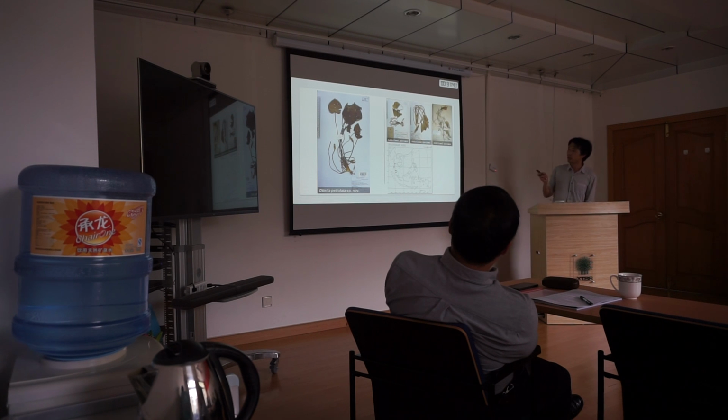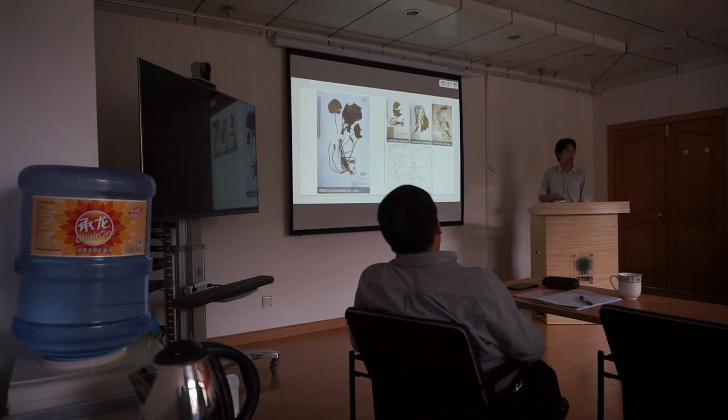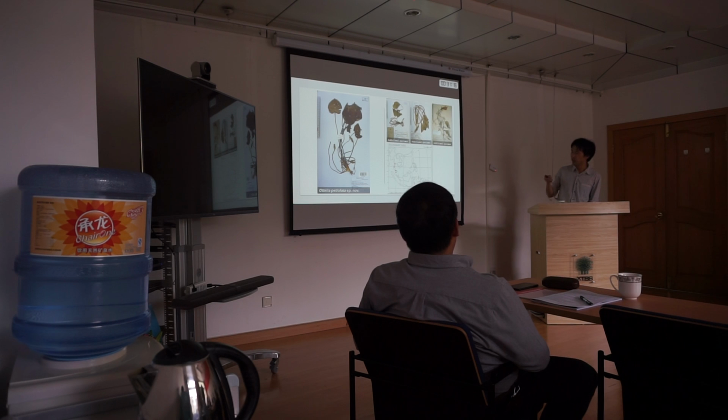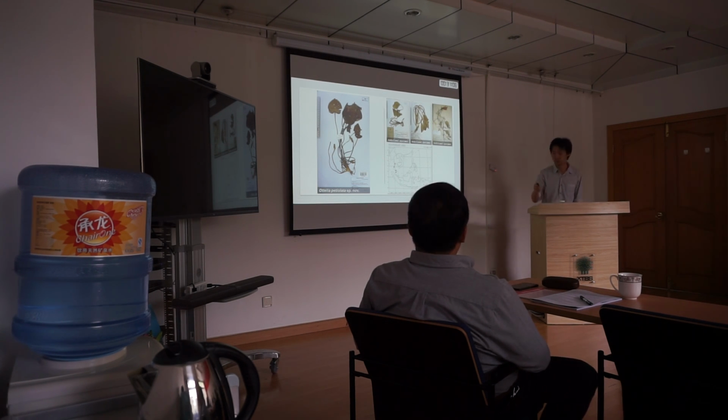But as far as I checked the specimens in the Bangkok Forest Museum, I think some specimens belong to this new species. The specimens are from the Malay Peninsula. So I think this new species is a Malay Peninsula element. But the thing is, these specimens were collected like 50 years ago, 100 years ago. It's really old, and there's no new specimen. So what I want to say is, I collected this one in 2012 in Thailand, but I have no idea if there is a population in the Malay Peninsula or in the world.